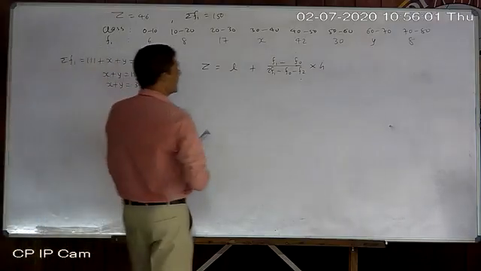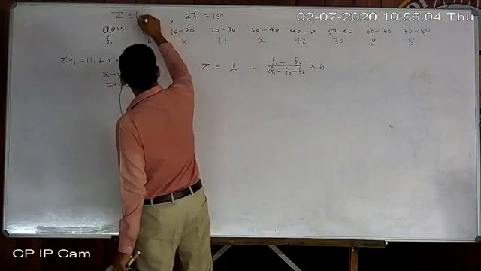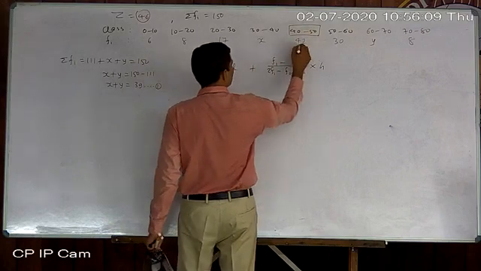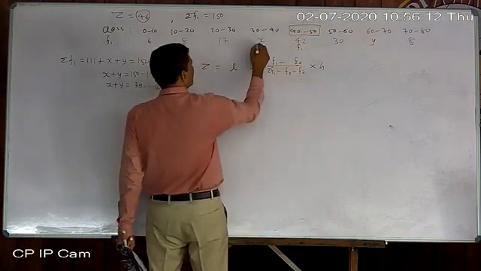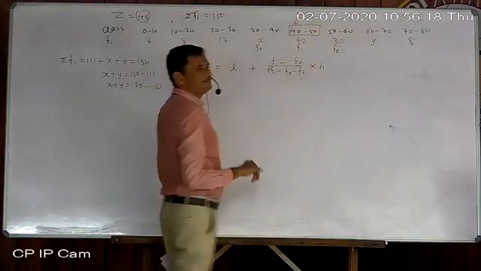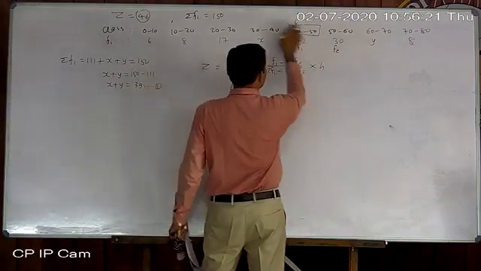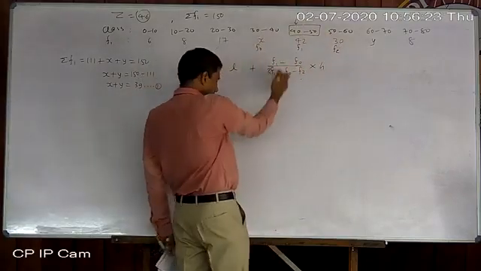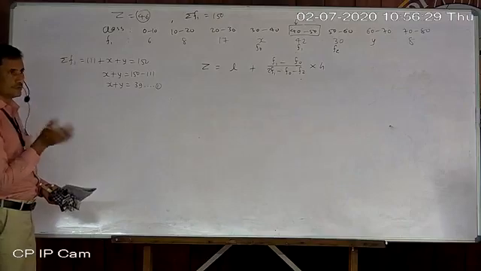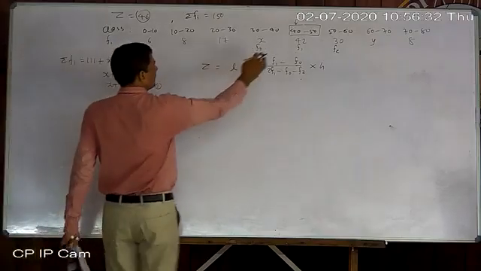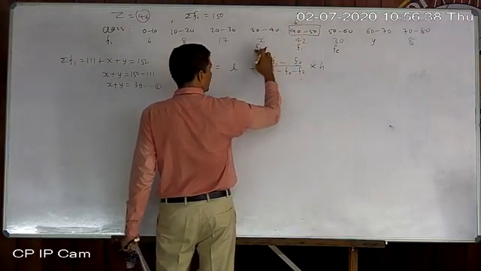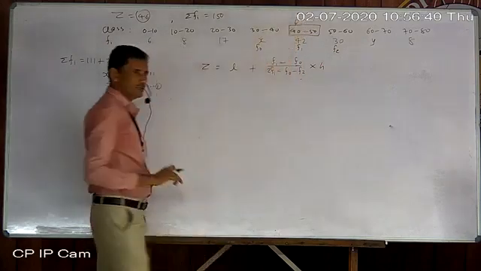Now locate the modal class. So mode is 46, so the modal class is 40 to 50. If the modal class is 40 to 50, then 42 is F1, X is F0 and 30 is F2, and this will be L. Now you can see Y is not in the range of this one, so it will not come in the formula. So it will become easier. Now you understand? Still, just like the previous one, we found first of all the modal class, so F1, then F0 and F2. The modal class lower boundary is known as L.